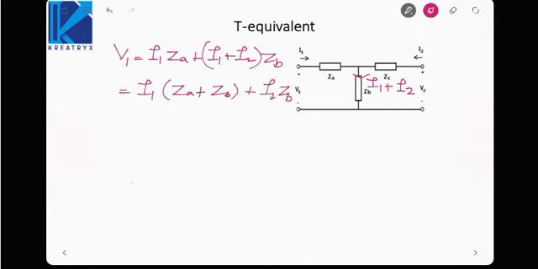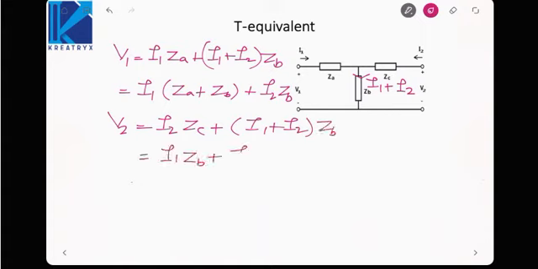Similarly, we can apply KVL in loop number 2. V2 will come out to be I2 ZC plus (I1 plus I2) ZB, that is I1 ZB plus I2 (ZB plus ZC). Now if we express this in matrix terms,